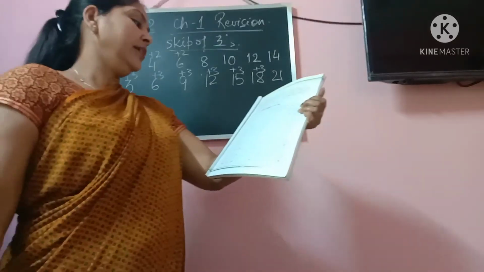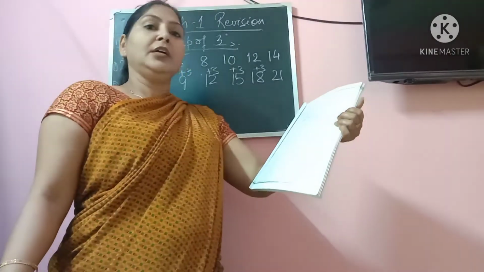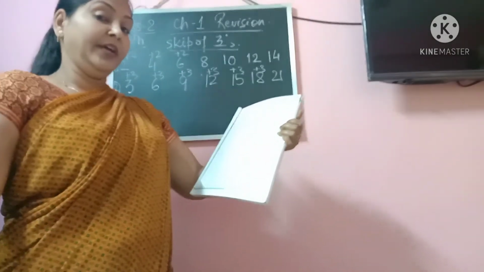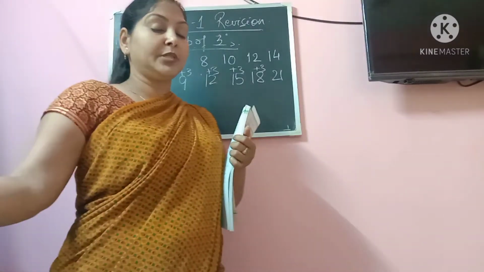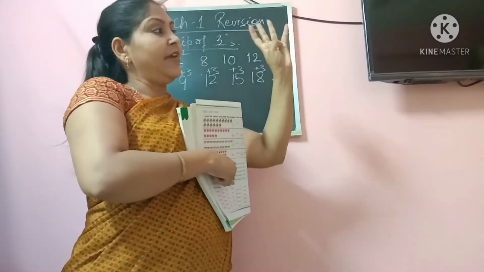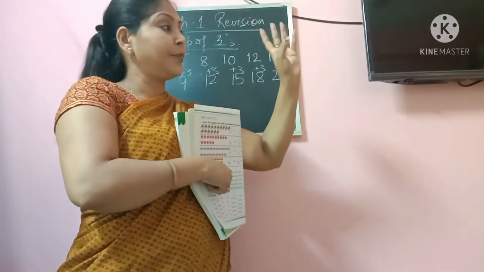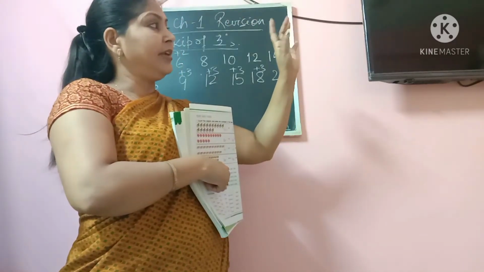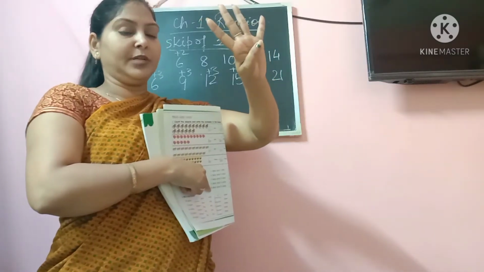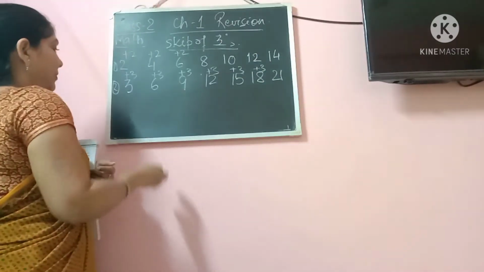Now in the next one, it is 8 plus 8. The next number is 12. Now how many numbers have I skipped to get 12? 7, 8, 9. So sorry, I have started from 8. So 9, 10, 11, 12. So 4 numbers I have skipped to get 12. So I will be adding.